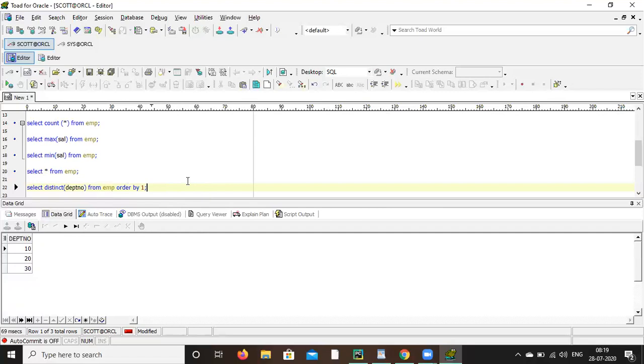Okay. So these are the group functions or aggregate functions in our Oracle. Okay. Now I can save it.